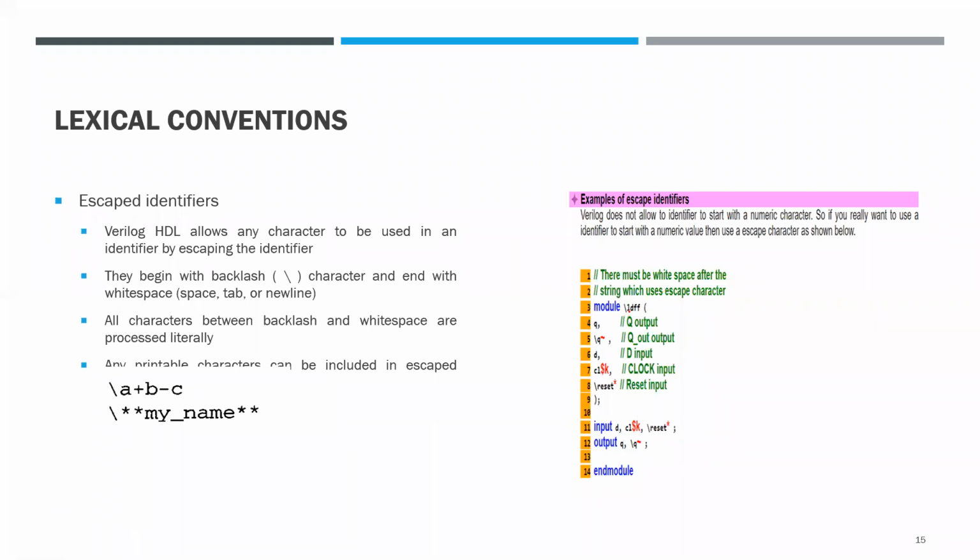So what I can do is put backslash, which is the escape character, and then one, since the first character of the identifier should be either underscore or A to Z, lowercase or uppercase. But now what is happening?